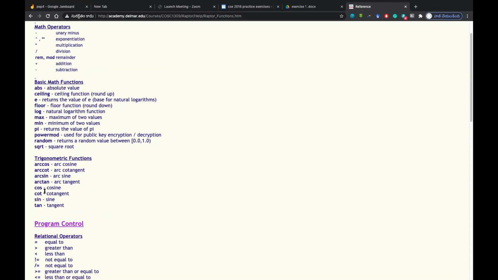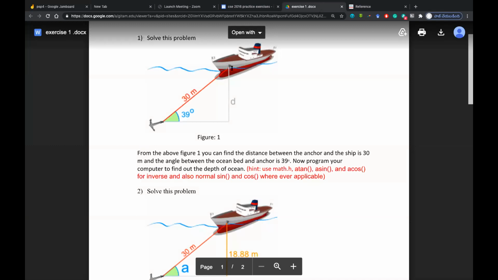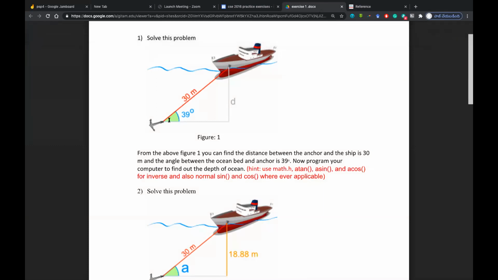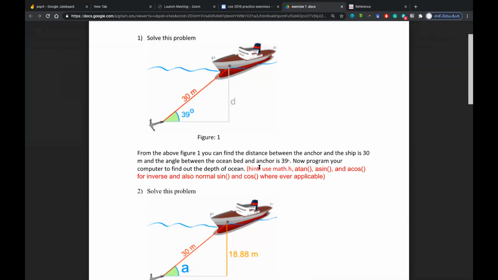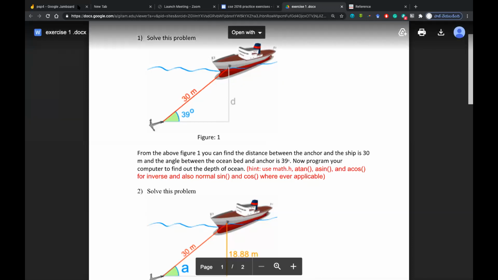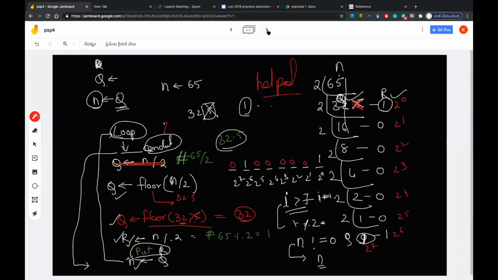You can just give one value to it, and this is the problem I am giving it to you, which says that a ship is going and there is an anchor on the ground. So you have the entire rope meters, how many meters it took, and what is the angle with the floor depth, and you need to find out what is the depth of the ocean. And I think I have given you the hint about what to do, like sine, cos, sine inverse, cos inverse. And one hint I want to give is that here,